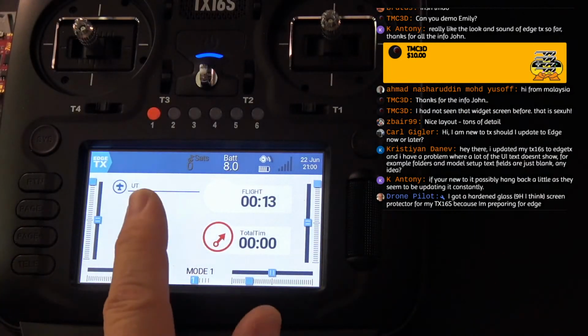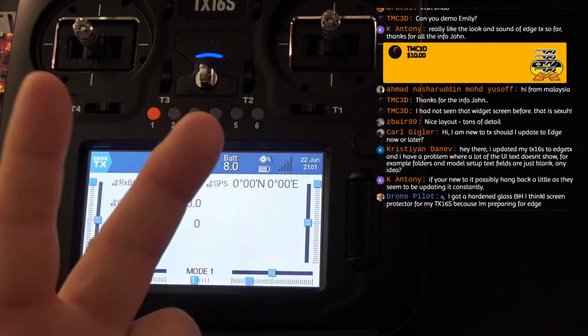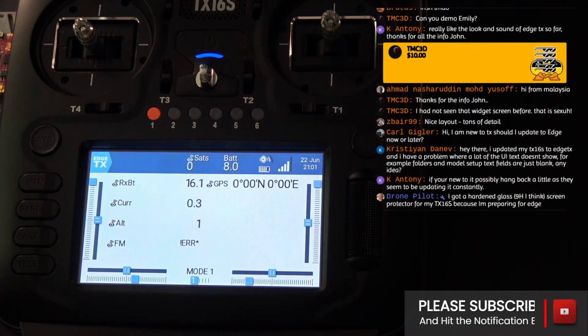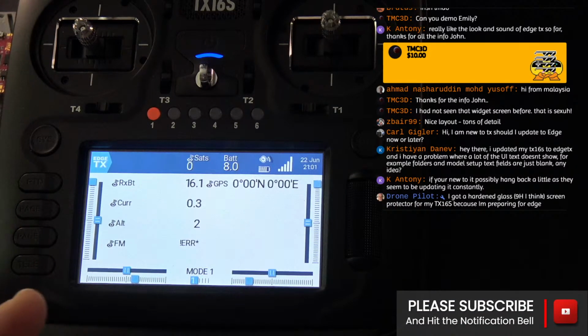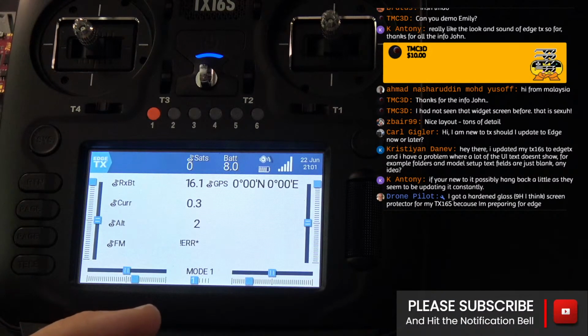Okay. But as far as the lag goes, there are two things that I would say, Heart Pilot. One is that this is the first iteration. And so they haven't done anything that I'm aware of for optimization. At least they haven't made it a project yet. All right.